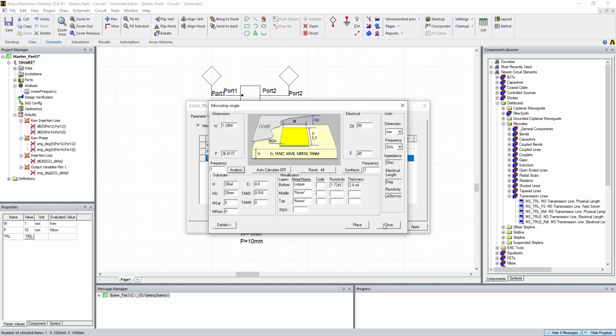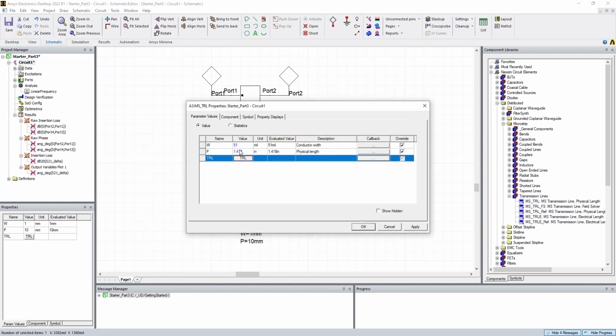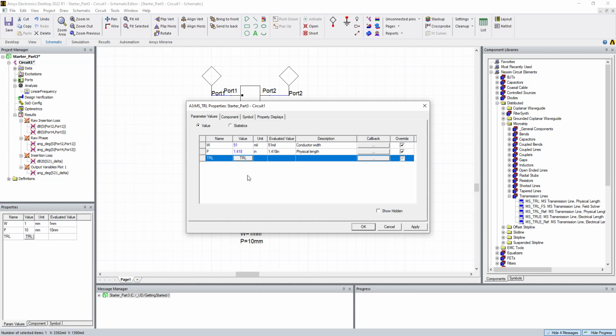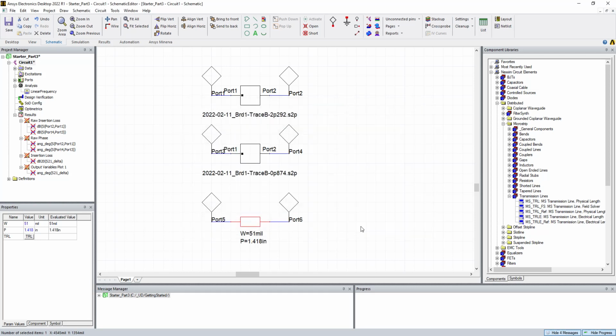Yeah, all right, and we've already done that. We've already calculated 51, etc. If you just click on components, come down here to substrate, you can see this is where it's picked up the FR4 substrate. If you had multiple substrates defined, you could select which substrate you're going to use for this element. Okay, so now we have a simple microstrip line, and let's go ahead and